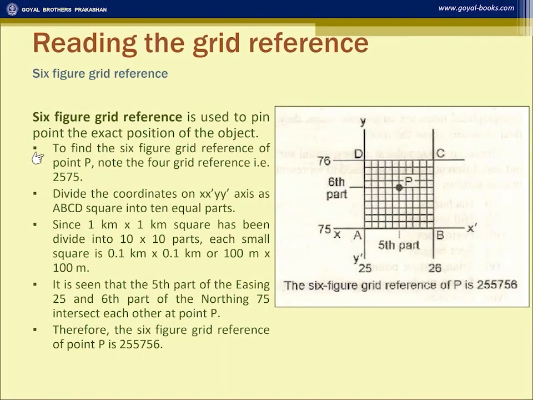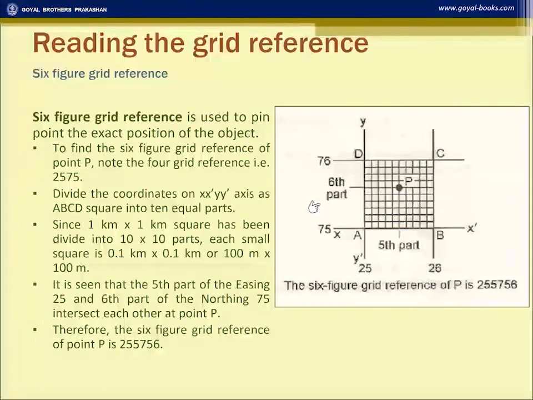Note the four-figure grid reference, that is 2575. Divide the coordinates of x and y into 10 equal parts. Since a 1 kilometer by 1 kilometer square has been divided into 10 parts, each is 0.1 kilometer or 100 meter by 100 meter. Generally, we do it mentally because it would take too much time to draw all these squares. So, as I told you, just mentally divide the x coordinate into half, showing the fifth part,